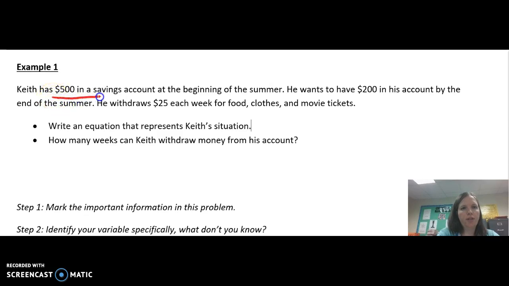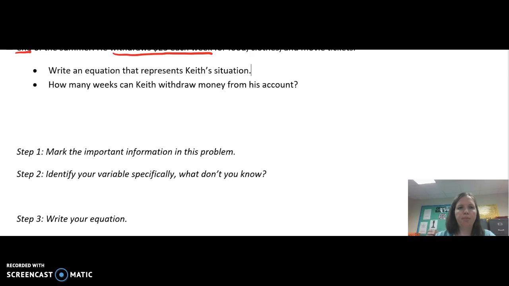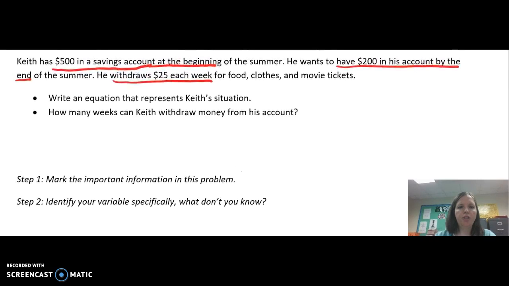So the steps that we had said to read it, look for important information. Okay, so we've got $500 at the beginning. We want to have 200 by the end and withdrawing $25 each week. So that's how our account is going to be set up. So as far as what I need to see from you, I have it kind of listed here on the page for us. We're going to mark the important information,